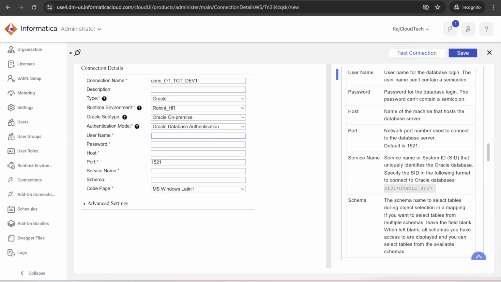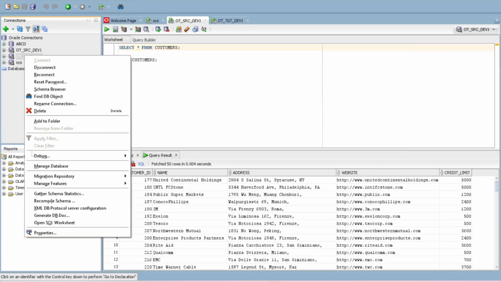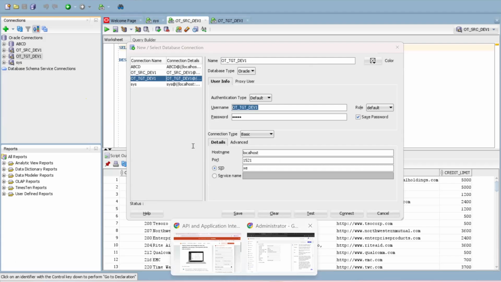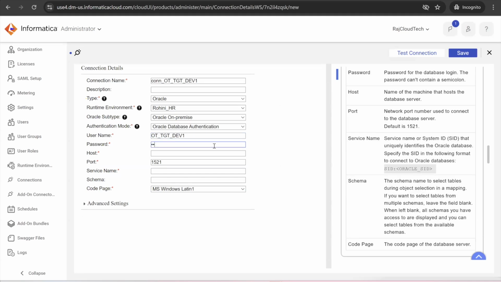Then username. Go to Oracle. Select your target schema. Right click. Properties. Copy the username and go to your Informatica cloud. Paste here. Password, type it. Whatever password you created, the same password you put here. And then host.